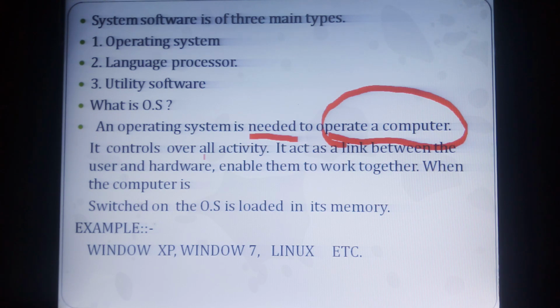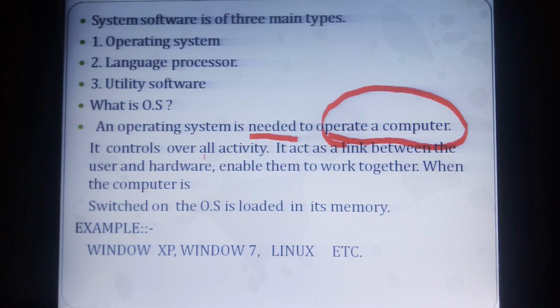So that's why our principal controls all the activity: teacher activity, student activity, our bhai or didi's activity, all the activities of the school. So the principal is the main part, the head of our school. That's why the operating system is the main part of our computer system. It controls all the activity.